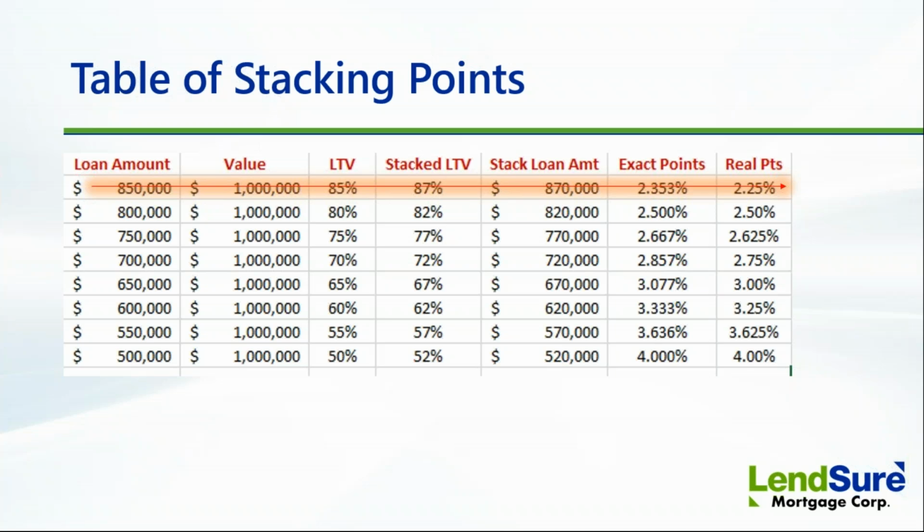On the left, it shows loan amount. To the right of that, it shows you the value and the loan to value that's created. The stacked LTV are all 2% higher than the available LTV. The exact points I really don't want you to pay that much attention to. It's the real points. These are rounded off numbers that we can help you maximize rate cutter, borrower pay comp,